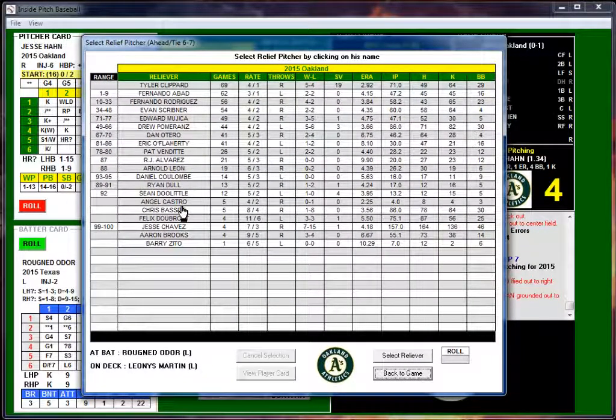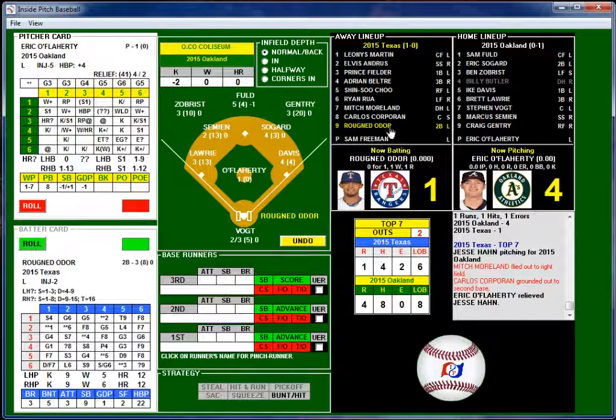So Jesse Hahn was replaced by Eric O'Flaherty. So Eric O'Flaherty is going to enter the game, just like he did in real life, and see if he can do anything with these left-handers coming up with Andrus and Martin. Possibly even Elvis and Prince Fielder if he can get that far. But let's not get ahead of ourselves.